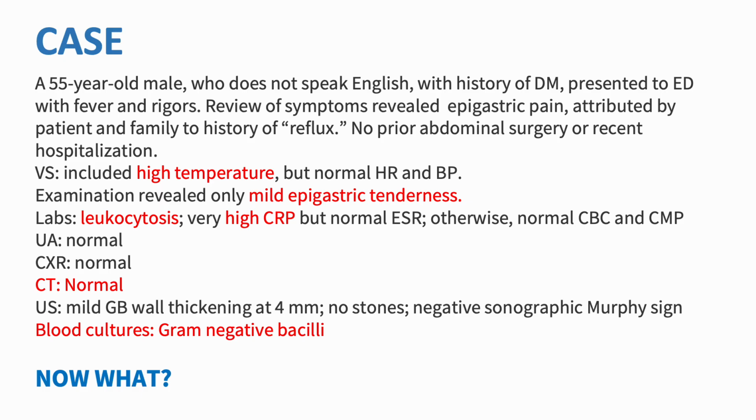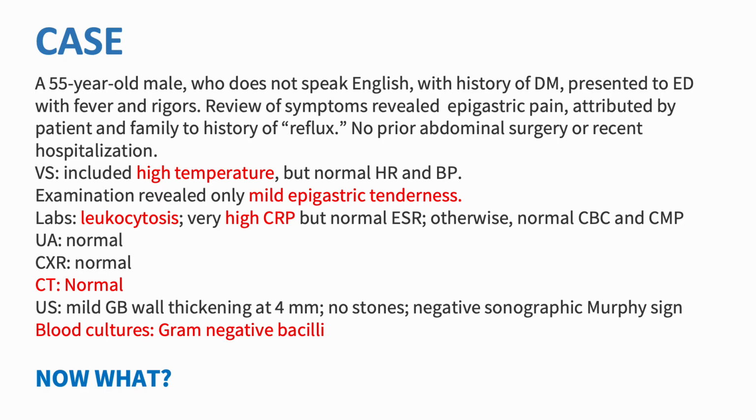We had a 55-year-old male who does not speak English, with a history of diabetes mellitus, who presented to the emergency department with fever and rigors. Review of symptoms revealed epigastric pain attributed by the patient and family to a history of reflux. No prior abdominal surgery, no recent hospitalization. Vital signs included a high temperature. He was febrile, but with normal heart rate and blood pressure. He was hemodynamically stable. Examination revealed only mild epigastric tenderness, but otherwise no signs of peritonitis